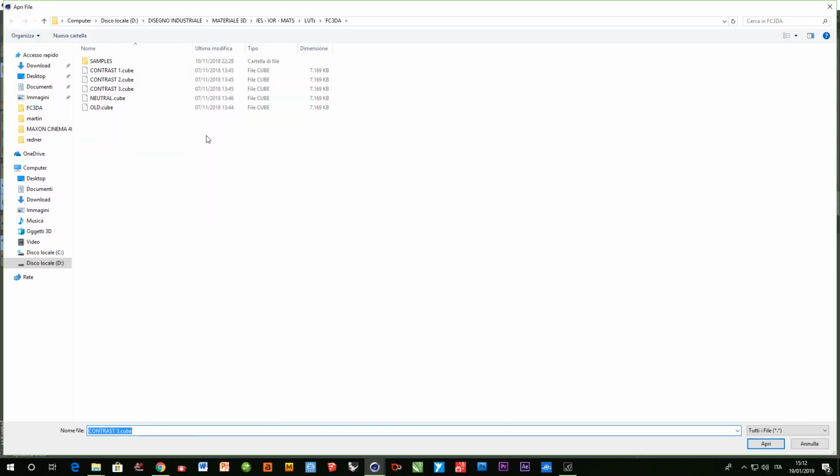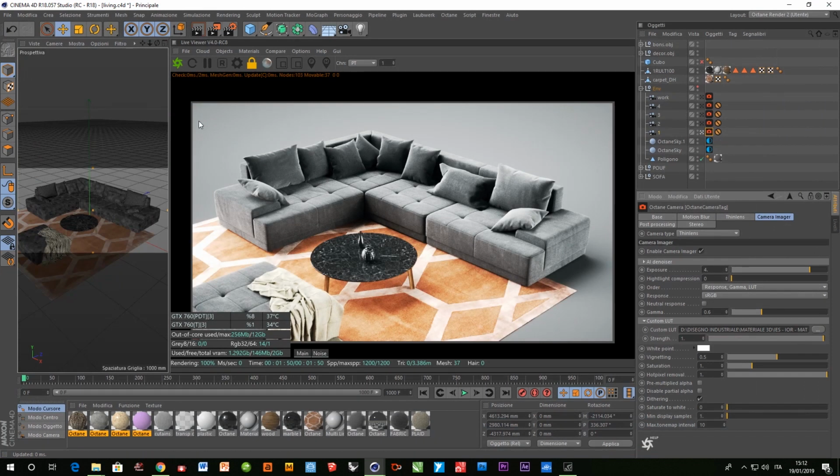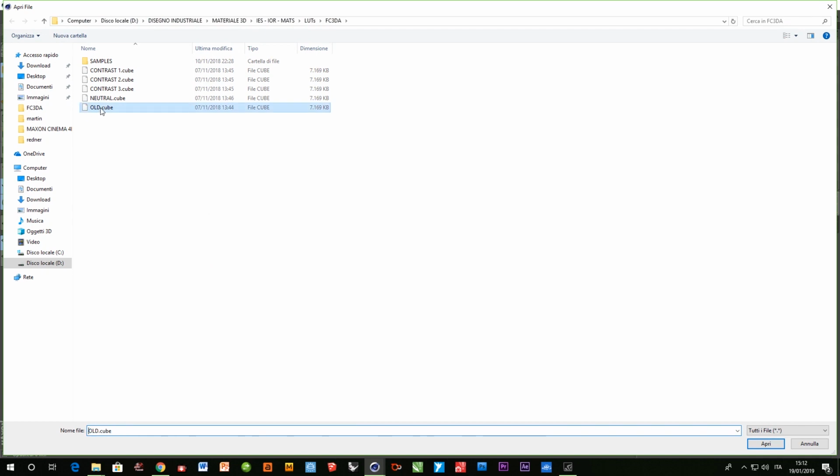So let me show you the last two files. One is called neutral, and this one is pretty neutral in the literal sense, like it's controlling just the midtones and it's not affecting so much the contrast and not affecting so much the saturation. So that's why I named that neutral. And the last one is the old